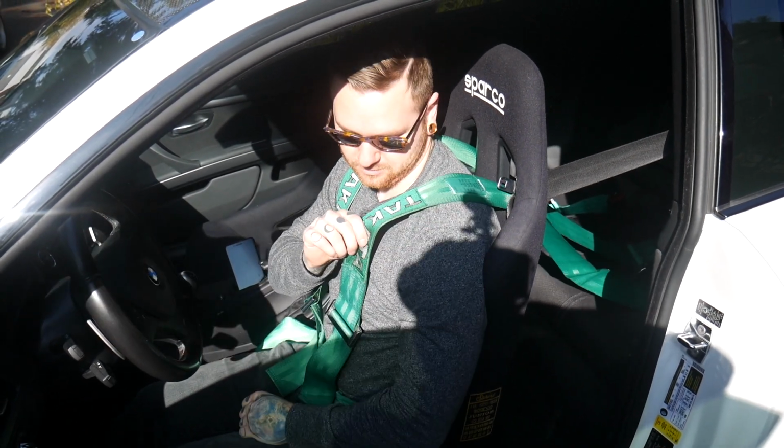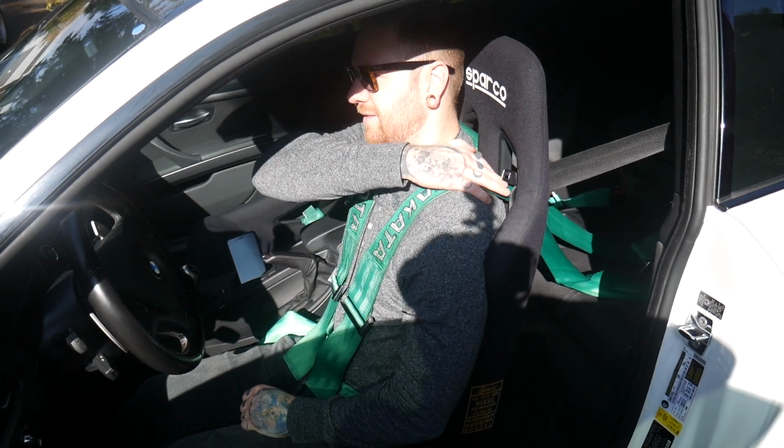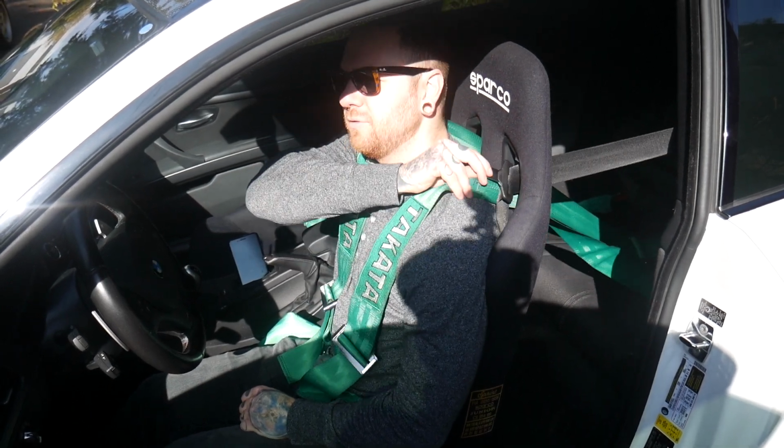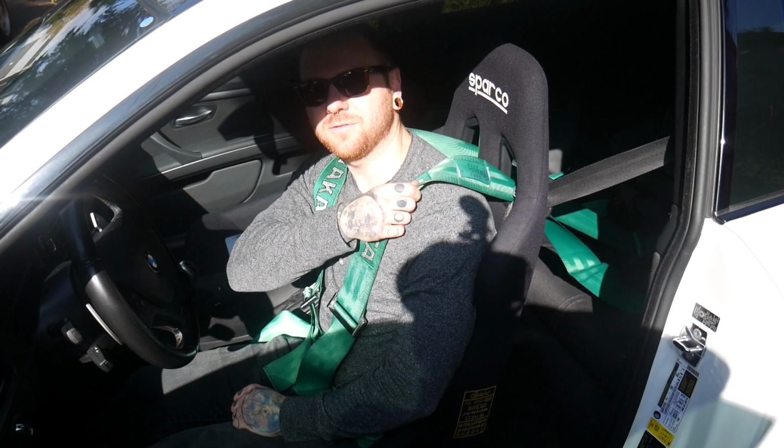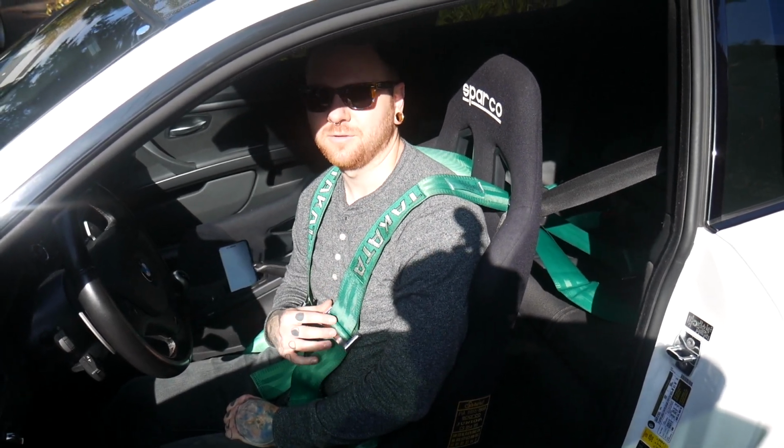So we're not going to show tightening this. You can imagine, just pretend instead of that, it's like that. So that's it. Do a little bit of research on angles. This should be safe. I'm not actually racing my car yet, so I'm not too worried about it. But yeah,